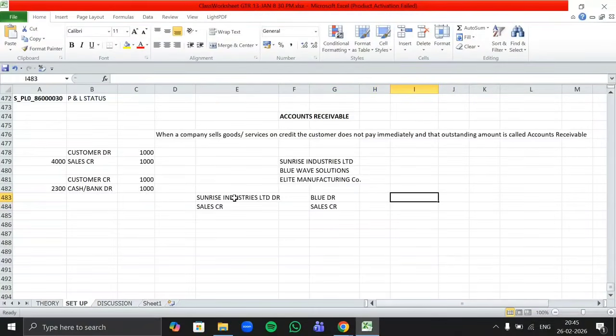And if we are making sales to Elite, then the Elite customer will be debit, sales credit, right? Here we are making sales of 100 for Sunrise, for Blue Wave we are making sales of 200, and for Elite we are making sales of 300.